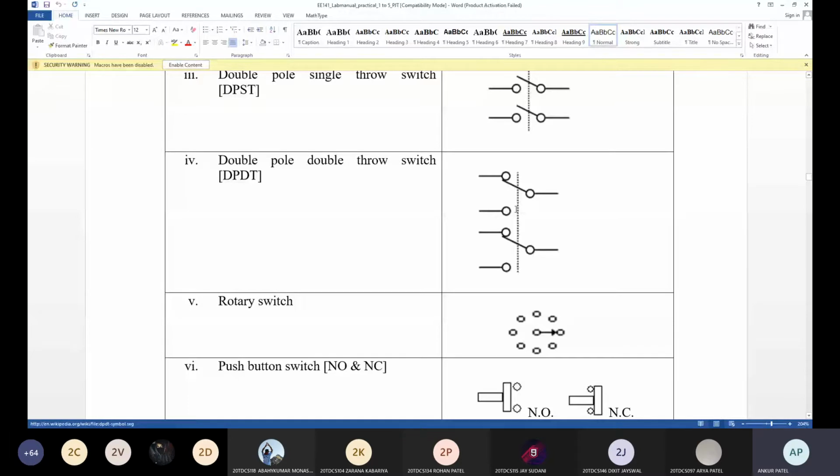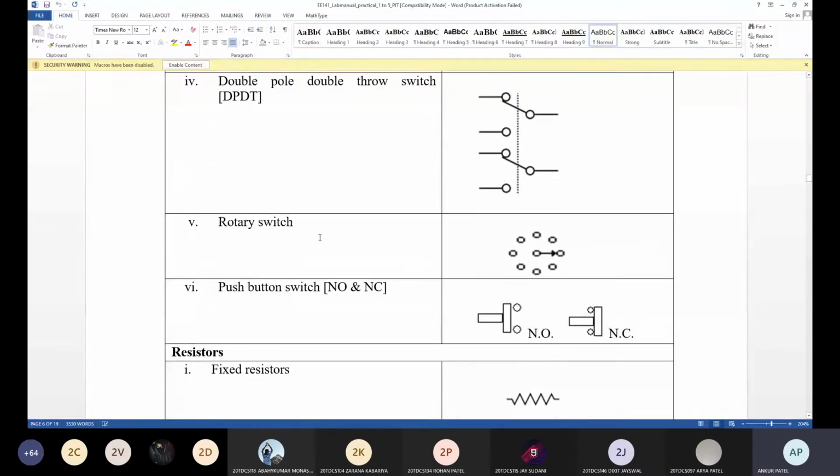So you can see this. I'm making this turn on and this turn off. So it has double pole and double throw. Throw means it makes the contact. And this pole, you can see on the right hand side, this is one and this is two. So two pole means it has two connections. It can make two connections.